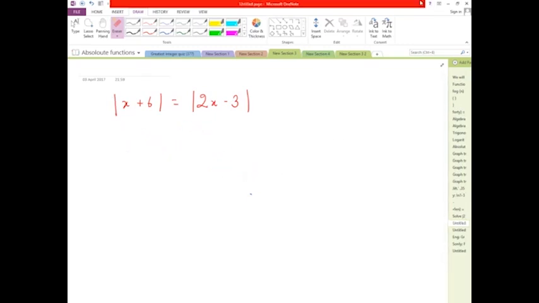You can also square both sides. So you can just square both sides and solve that, and that would be the same as solving this. And that is because there is a mod function on both sides. If it were not on both sides, if it were not for sure that both sides will always be positive, you cannot square. So remember that condition. Right now you can square both sides, but if the mod function were not there on either side, or if it were not for sure that both sides will always be positive, you cannot do this. But here you can, and then you will get